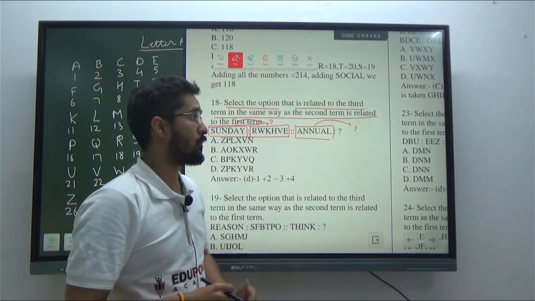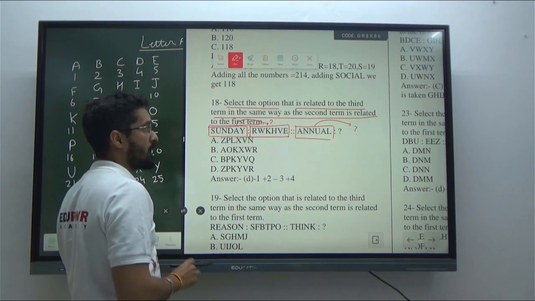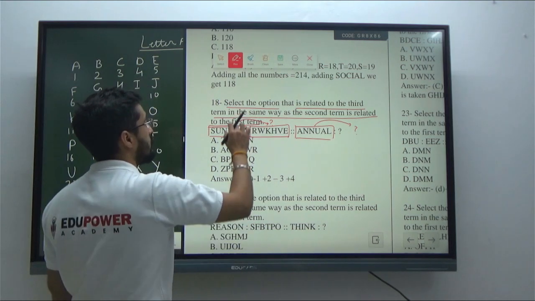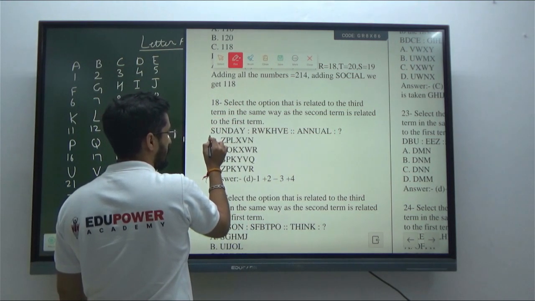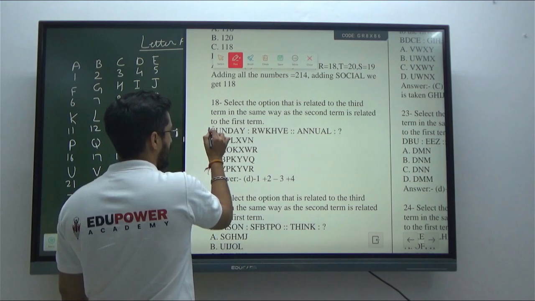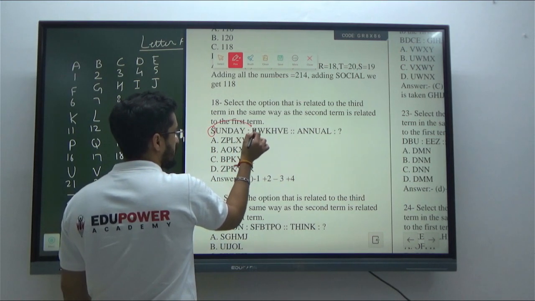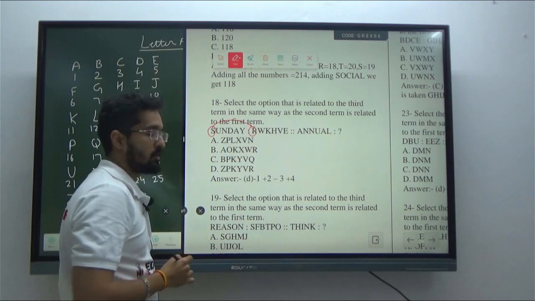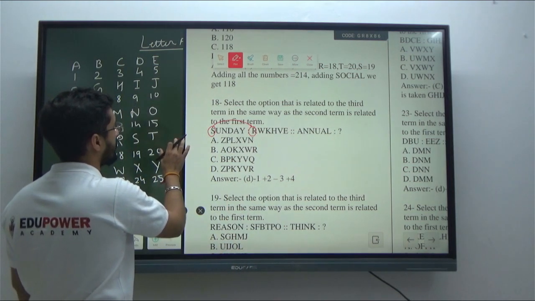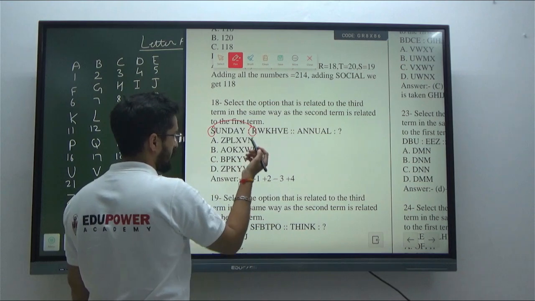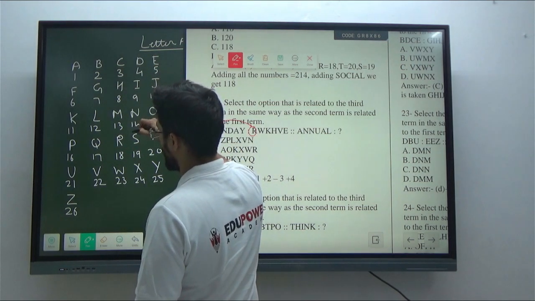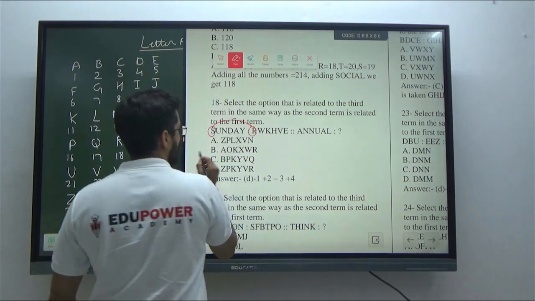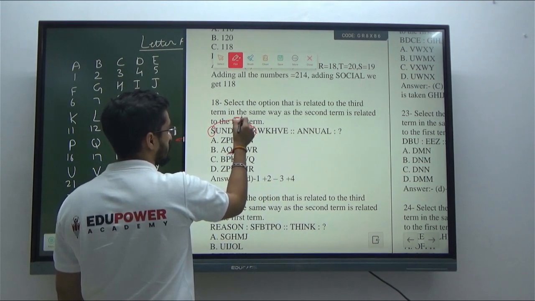ओके, अब हमारी जो अप्रोच होती है letter analogy क्वेश्चन सॉल्व करने की, वो ये होती है कि हम letter on letter compare करते हैं. जैसे कि Sunday का S है, इस Sunday के S से R कैसे आया. ओके, तो कैसे आया, S देखो यहाँ पे S -1 गया तो R आया. तो S से R कैसे आया, -1.